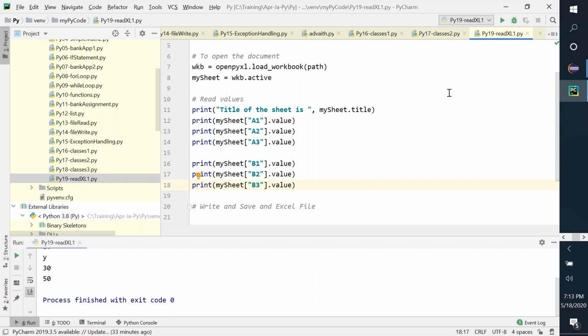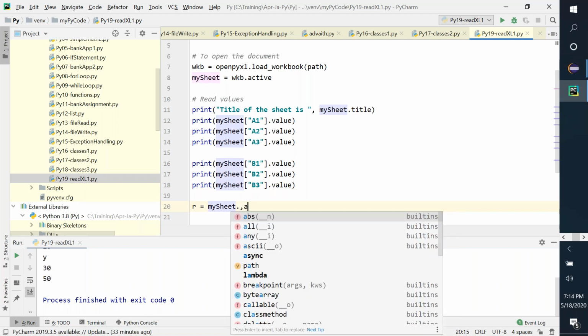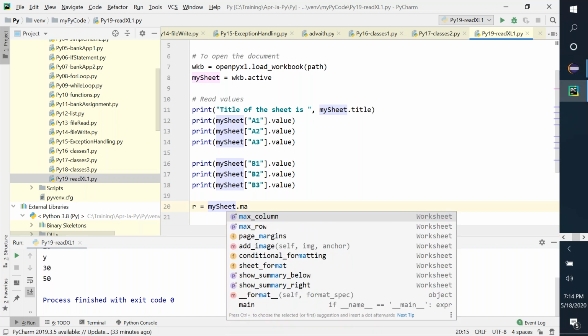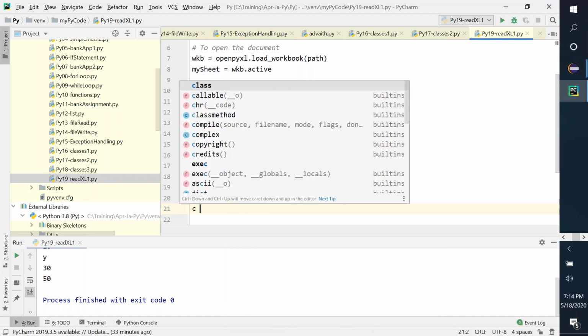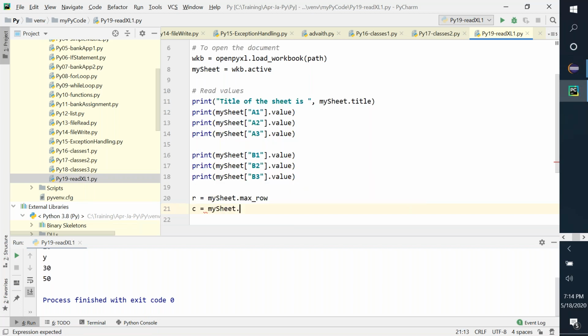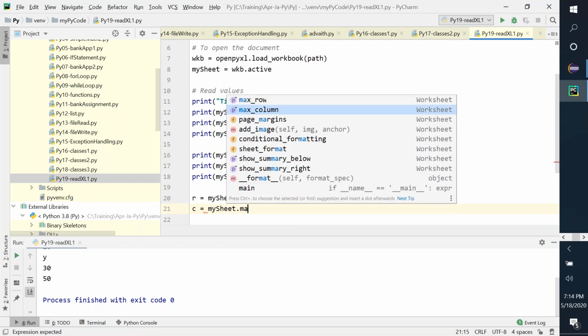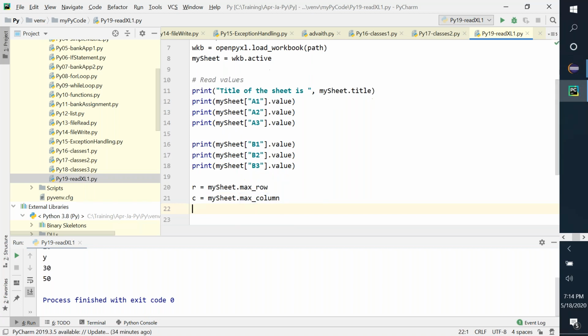I could do things like, let's see, I can get, let us say, row R equals my sheet dot max underscore row, and C equals my sheet dot max underscore column. So it will get me both the rows and columns. So let me print those. I'll say rows are